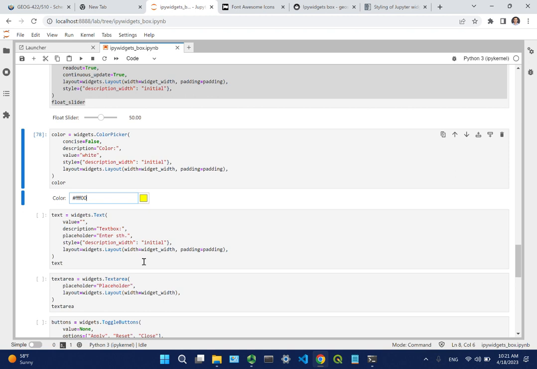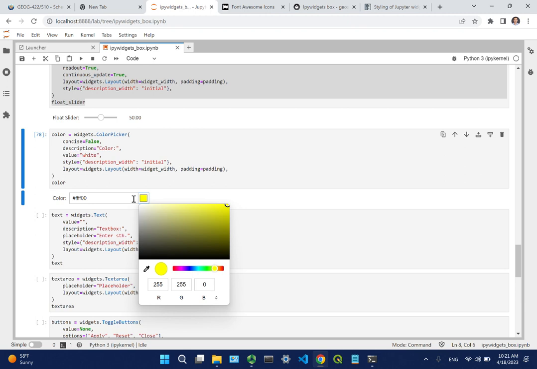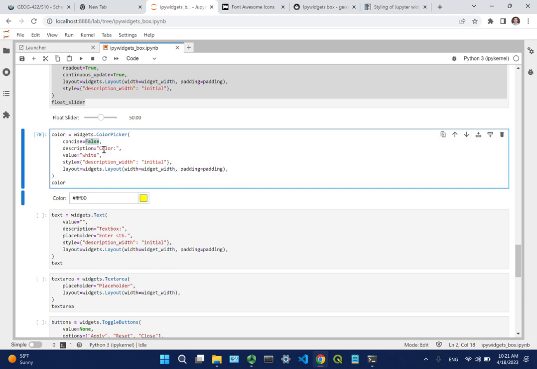If you use color frequently, you will know exactly what the hex color code is. So white, black, yellow, green, blue, something like that. Those are very common to use. So this is something you can do here: allow the user to select. The concise equals false means it's the full version. But if you set it to true,